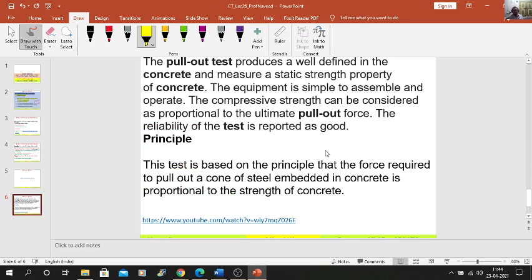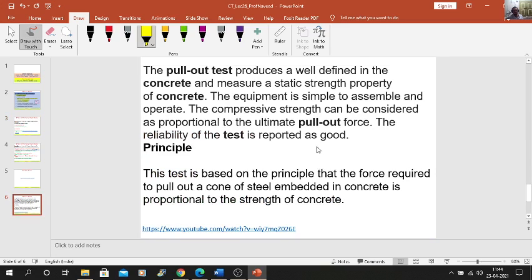So this test is based on the principle that the force required to pull out a cone of steel embedded in the concrete is proportional to the strength of concrete.